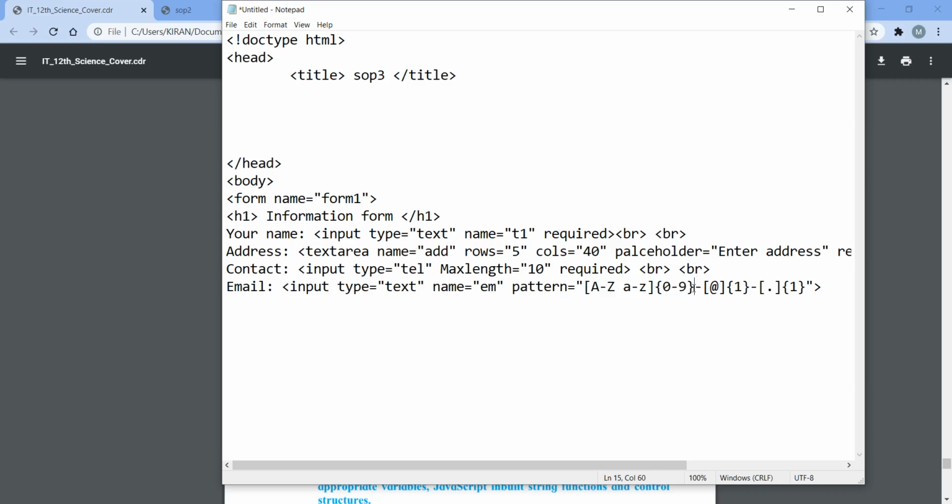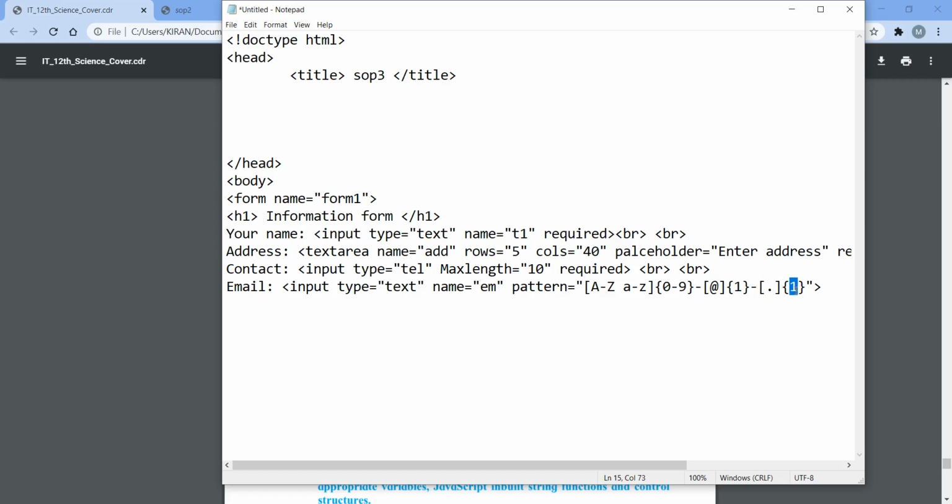Now this is the first string. After that in square brackets I have mentioned the at the rate symbol, and in curly brackets I have given only one number. Means in that email address I can enter the at the rate symbol but only one time. And same for a dot symbol, only one time.